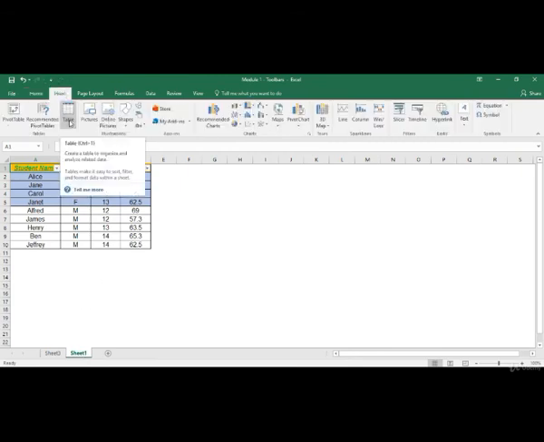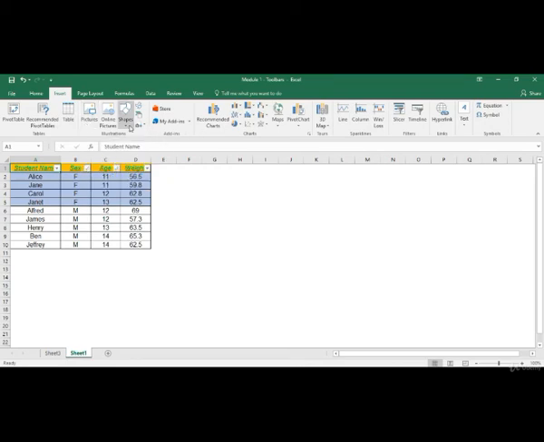Table option. Now we would be going through the benefits of a table in the next module, but in Excel it's always beneficial to let Excel know that this particular data set is a table. It helps in speeding up your work basically. In the insert group, you've got options like inserting pictures.